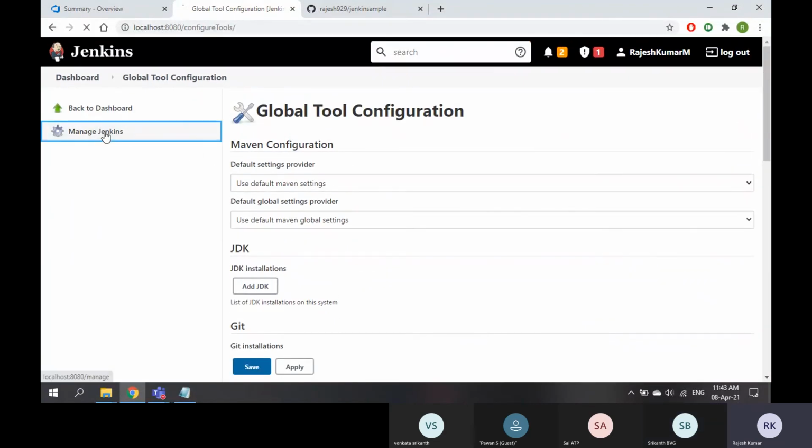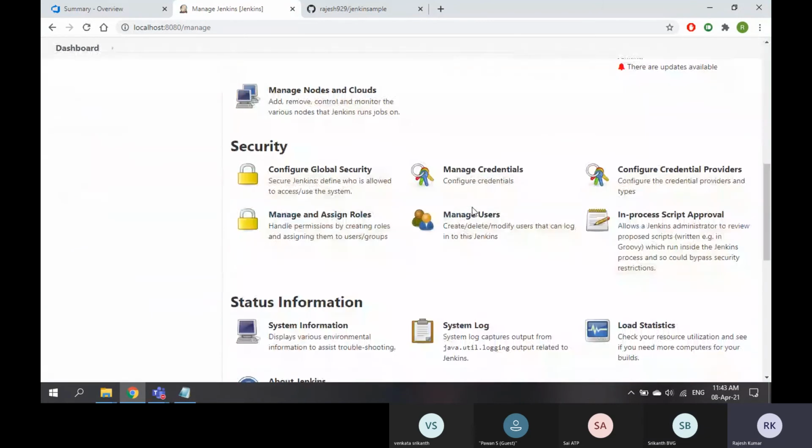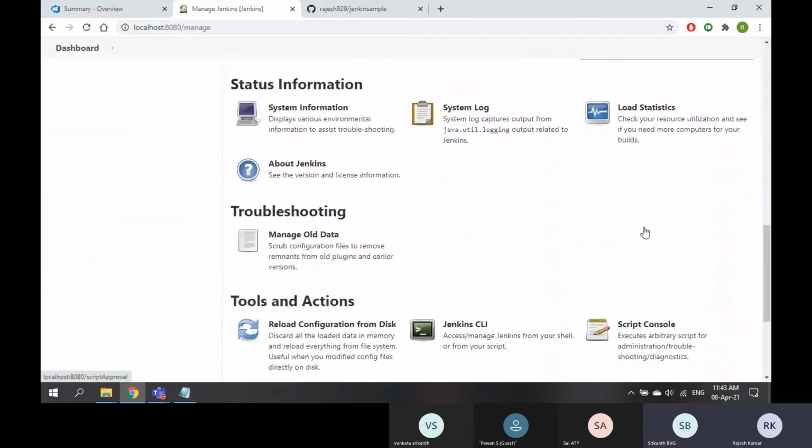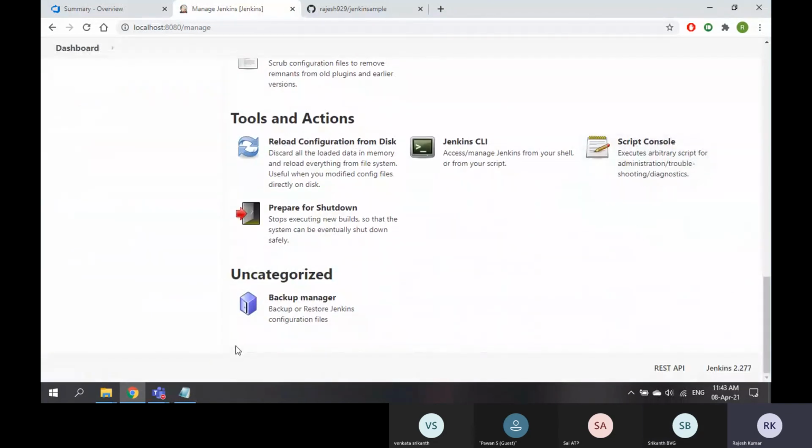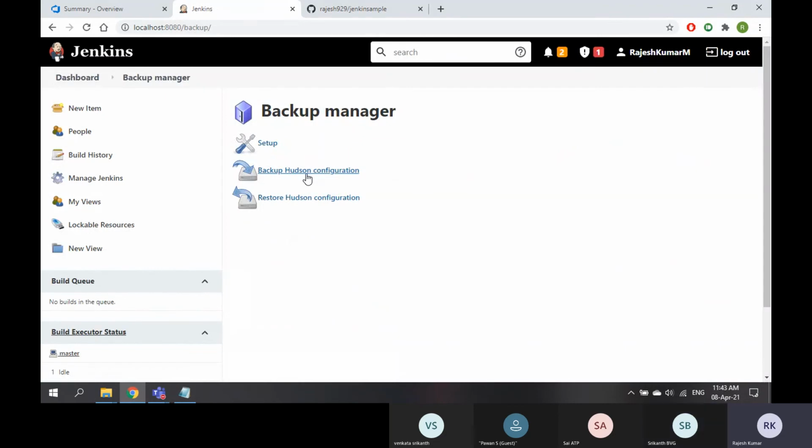It is not here. Sometimes even I used to forget those things. Yeah, it got a separate section called backup manager. Okay, go to backup manager and now setup.